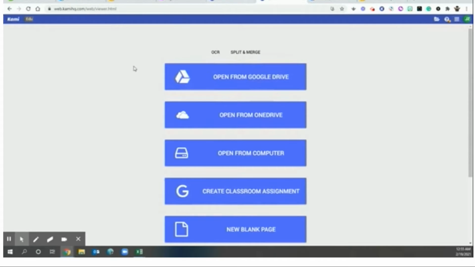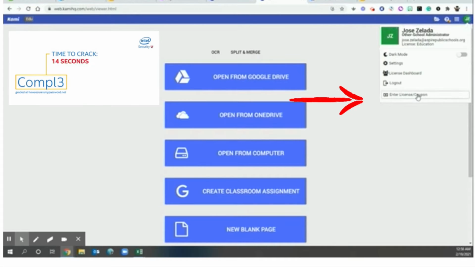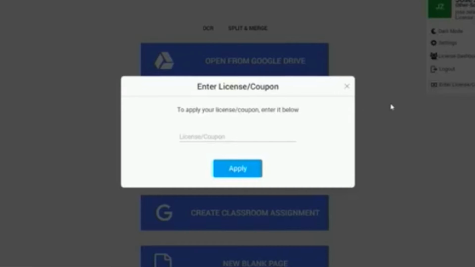When you get to your dashboard, you're going to go to the top right corner. You're going to click your initials. This little box is going to pop out. You want to enter license coupon, and you're going to enter the numbers